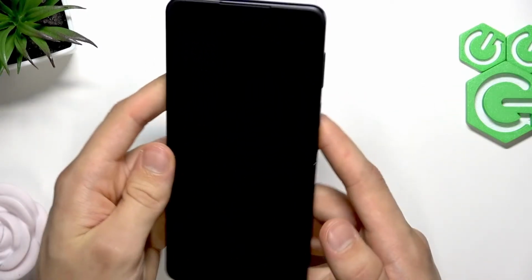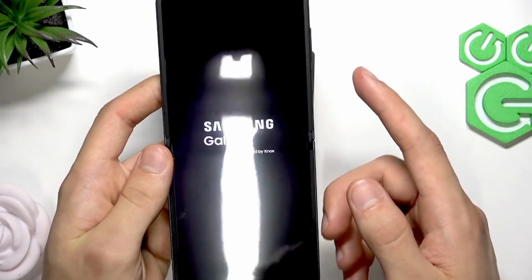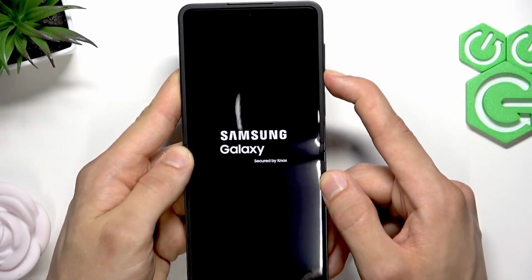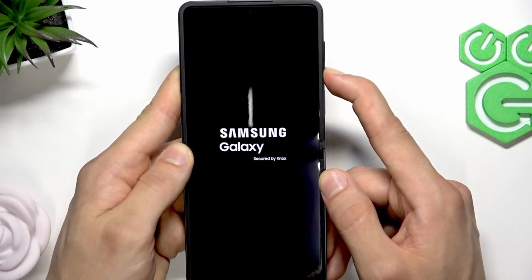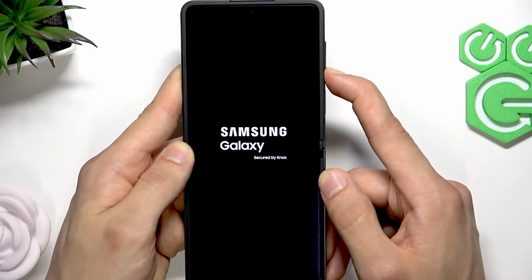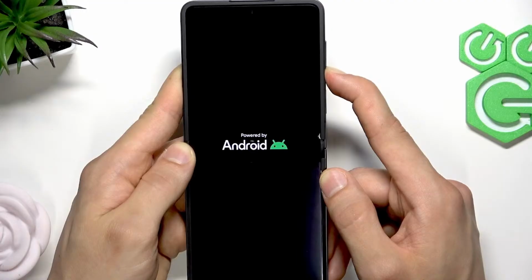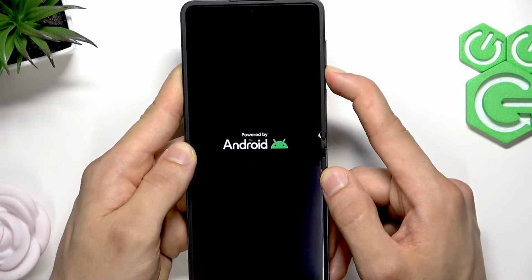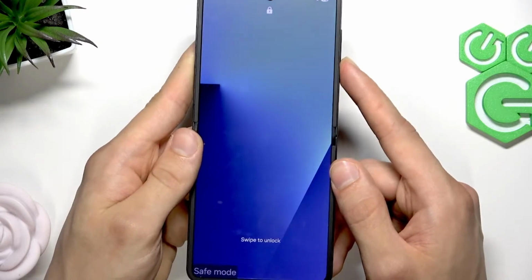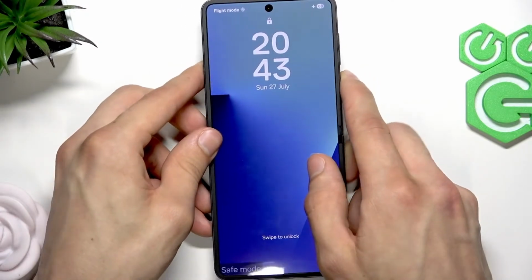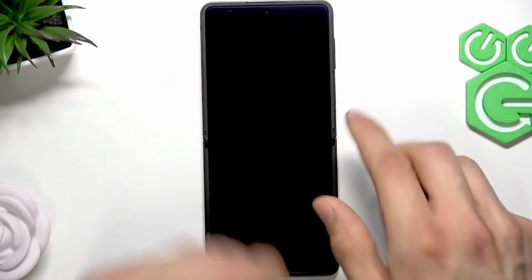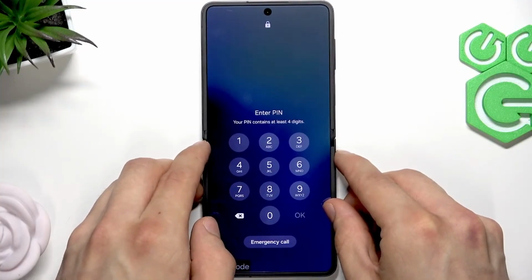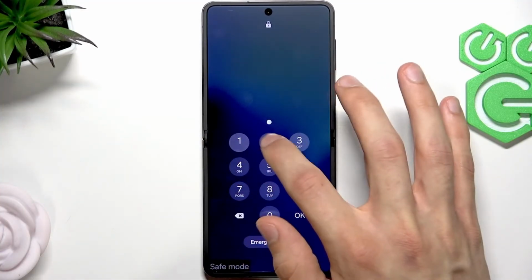Okay, so the phone started rebooting, and once you see Samsung Galaxy secured by Knox, let's hold down the volume down button and wait until the phone boots up. Okay, and as you can see right now, the phone is in a safe mode. You can see the safe mode indicator in the bottom left corner of your screen. And now try to enter the PIN code once again. And just in case you succeed,